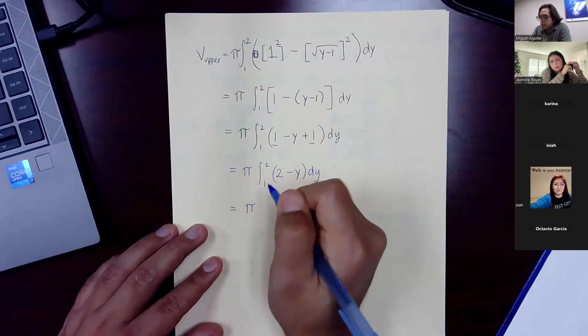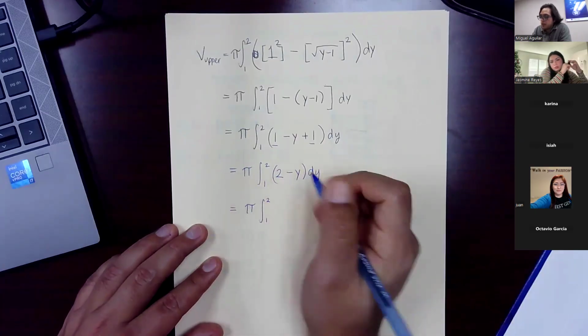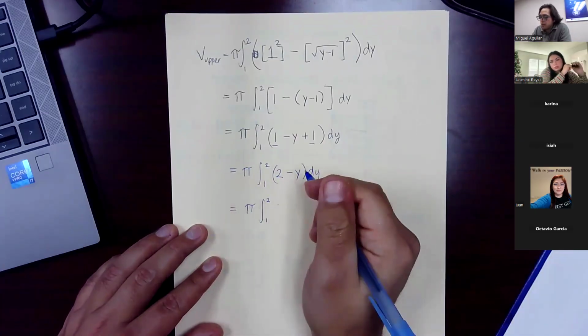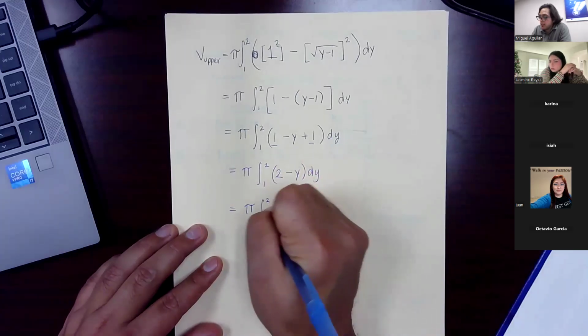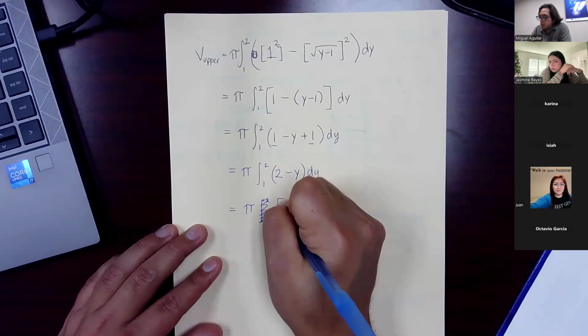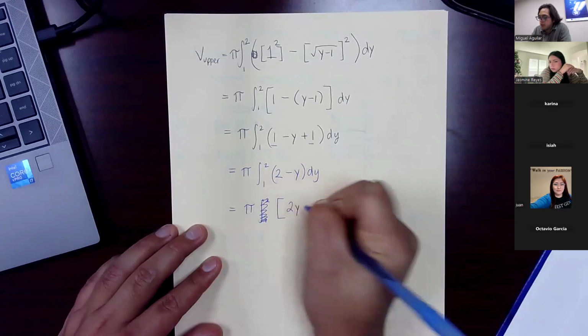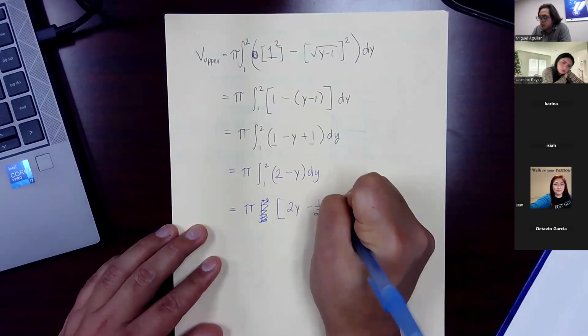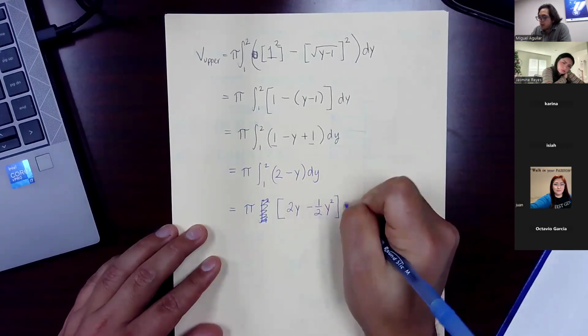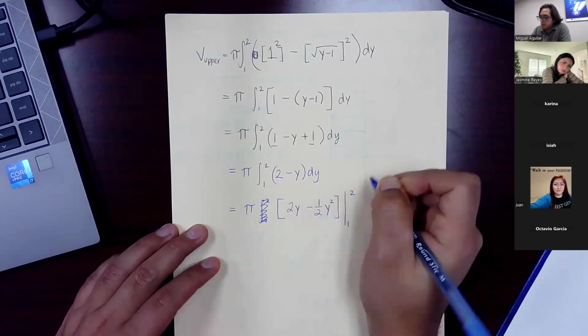So we have pi, 1 to 2. We're integrating now, so we will just have 2y minus 1/2 y squared, and evaluating that from 1 to 2,